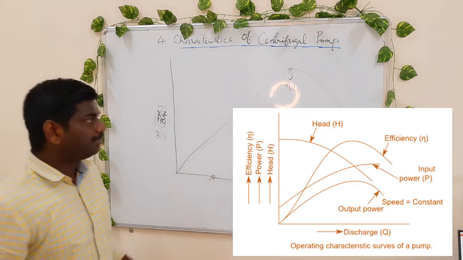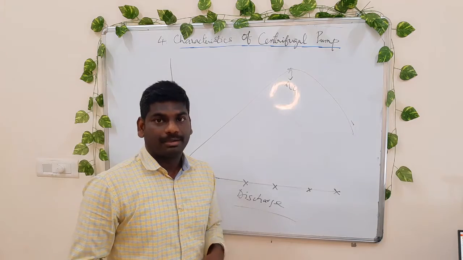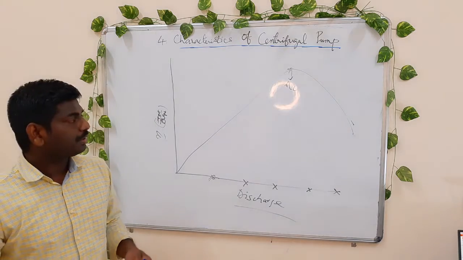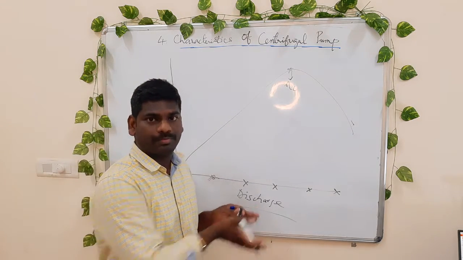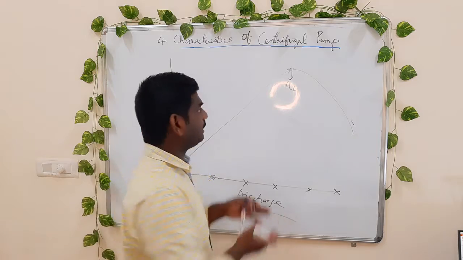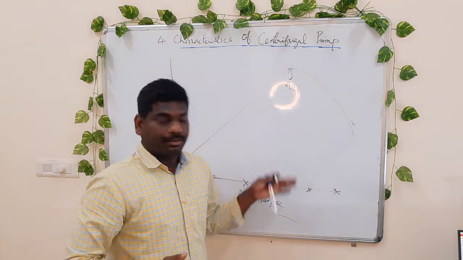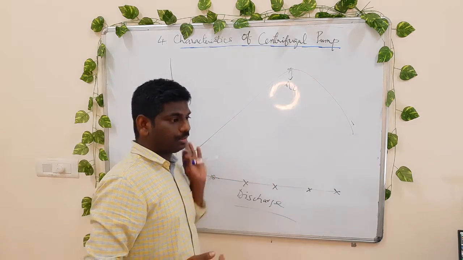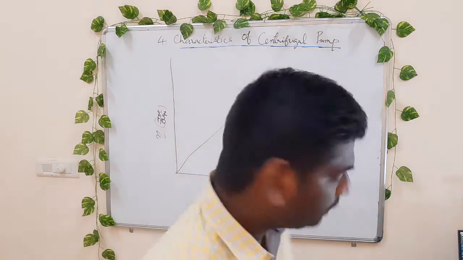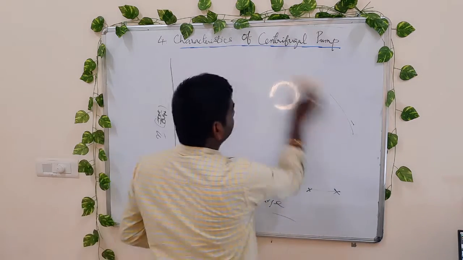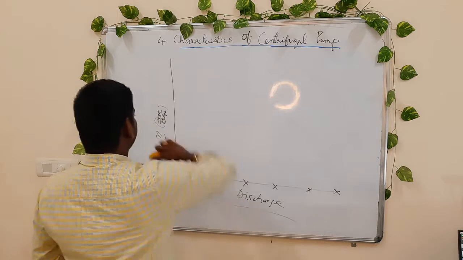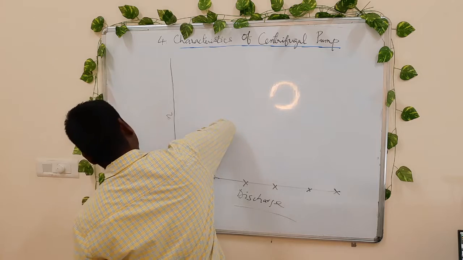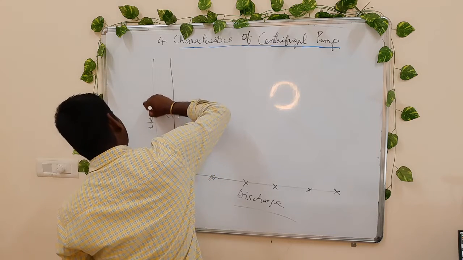What is very important for a pump? It should be highly efficient. So we try to see, by plotting the overall plot from the different plots, at this efficiency what is the particular discharge, what is the head developed, and the input power required. That's what we can plot from the overall graphs. So we need to plot overall one plot with the efficiency, at various discharges, and the head and the input power.